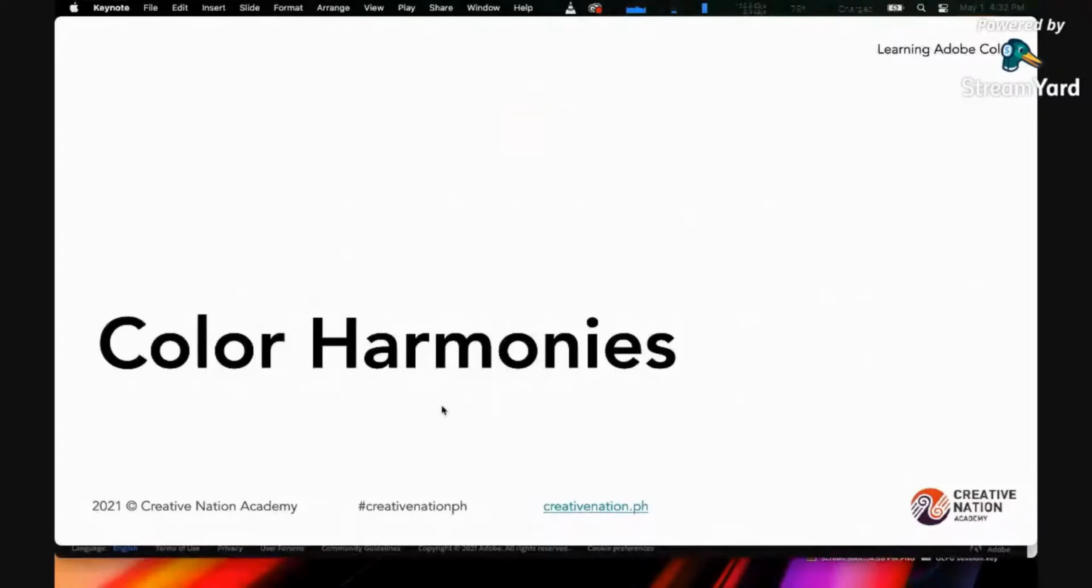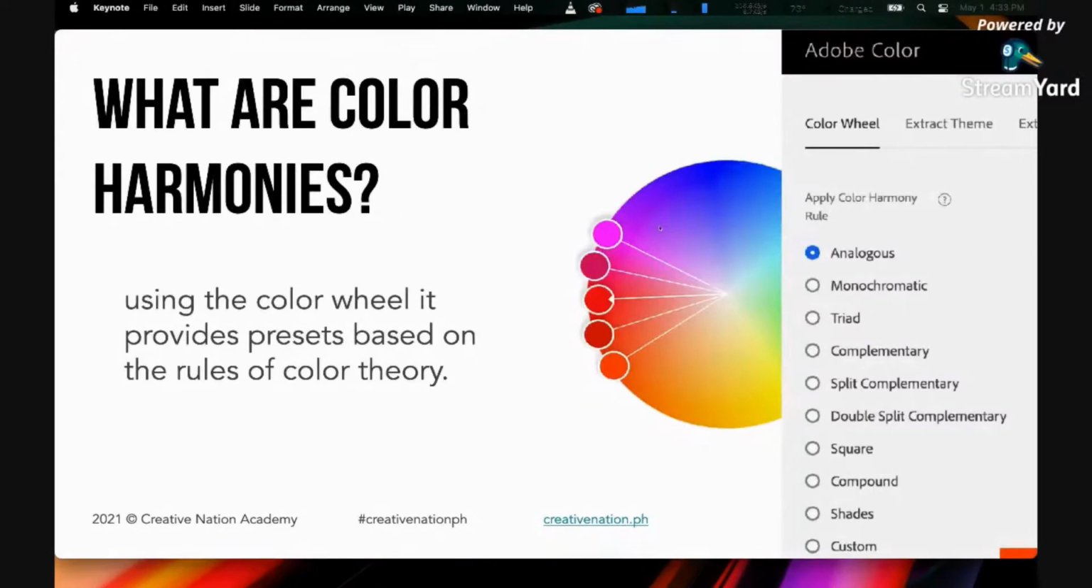Let's talk about color harmonies. Okay? So most of you have already logged in to color.adobe.com. Use saturation, brightness, and LAB is also used for specialized printing. So let's talk about what color harmonies are. Color harmonies is about using the presets based on color theory. As you would see here, there are a lot of color harmony rules that you can use inside of Adobe